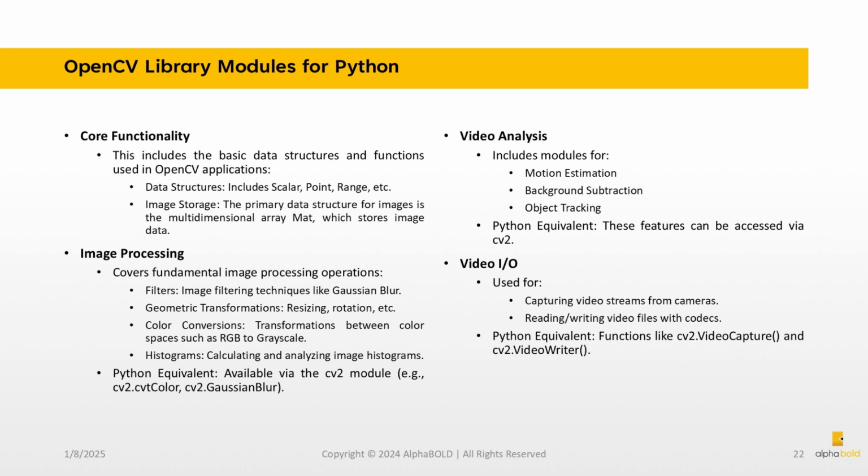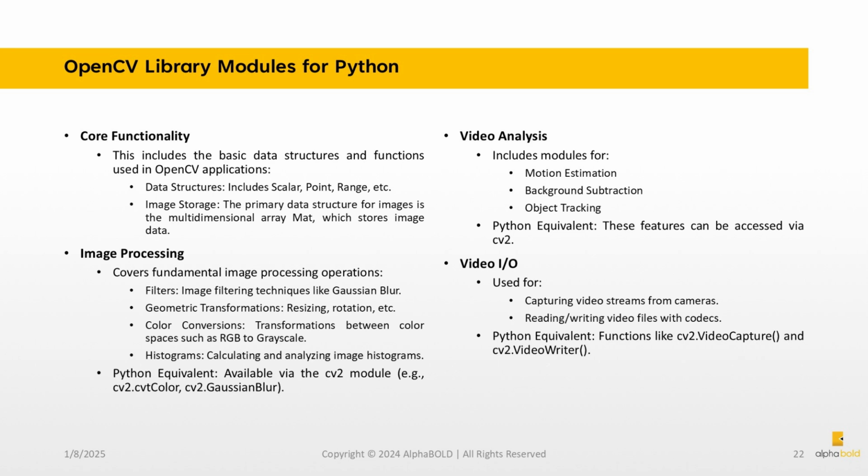Image processing covers fundamental image processing operations. Filters: image filtering techniques like Gaussian blur. Geometric transformations: resizing, rotation, etc. Color conversions: transformations between color spaces, such as RGB to grayscale. Histograms: calculating and analyzing image histograms. Python equivalent: available via the cv2 module, e.g., cv2.cvtColor,